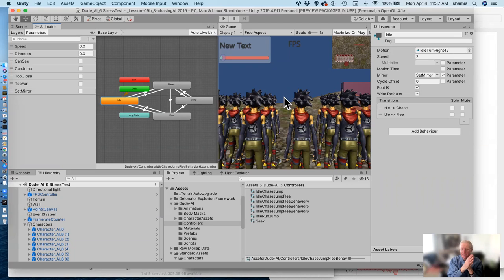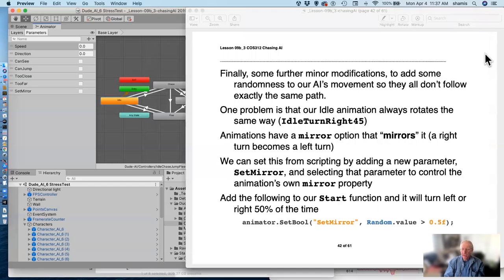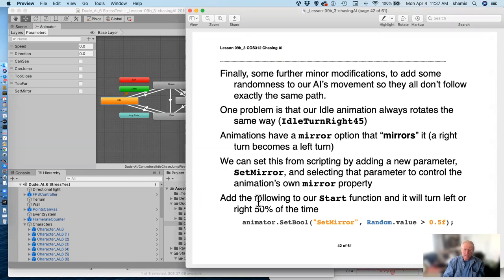So this is going to allow me to easily decide whether my idle function is going to turn to the left or whether it's going to turn to the right when it's idling. And so in my AI's function, I have an animator set bool that I can do in the start function, and I can set the mirror to be a Boolean random value greater than 0.5. So this is going to make half my AIs turn one way and half of them turn the other way